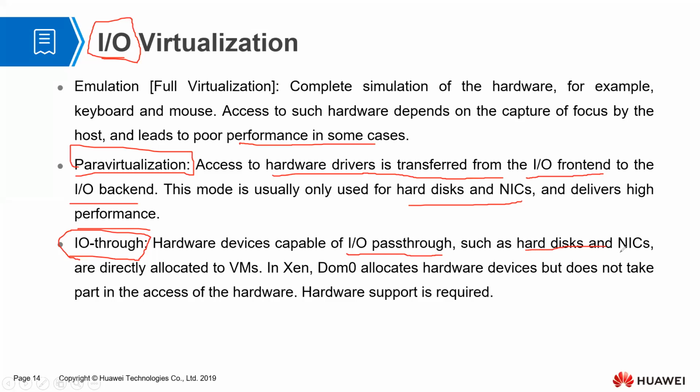So we also have input and output pass-through, where we are saying hardware devices capable of input and output pass-through, such as hard disks and NICs. Hard disks and NICs usually have input and output pass-through. Why pass-through? Because when my virtual machine is using my hard disk, if it has a partition there, I can still continue to access my partition and do my work. If my virtual machine is accessing my network interface card, my host machine still accesses the Wi-Fi and I am able to conduct my class and interact with my students, and we have a successful session. So usually they are directly allocated to the virtual machines.